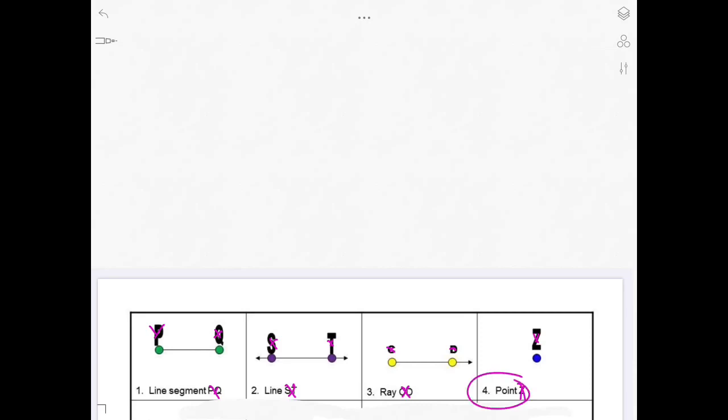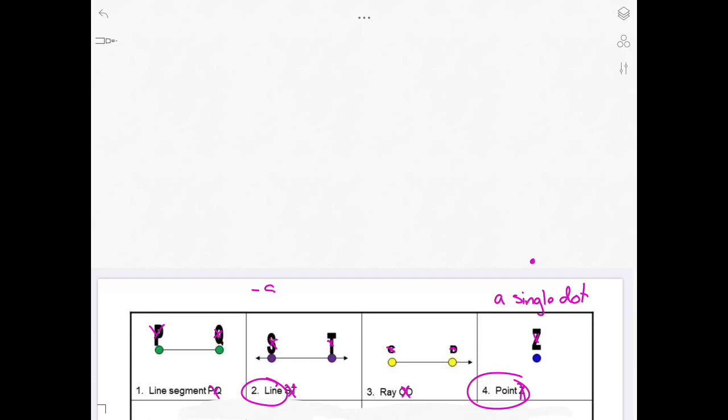Now, a point is literally just a dot. So a single dot. So just like that. It's very simple. We'd already know. The next one we're going to look at is a line. So we're going to look at a line. Now a line